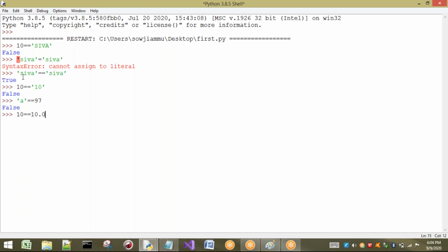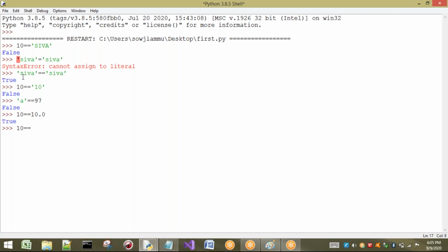Okay. Next I want to show you 10 double equal to 10.0. Here this thing has to be observed by you. Reason is, in this example, one is int type, another one is float type, but both are numerical types. So when you take 10, it is going to be converted into the higher level of the two values. Int is going to be converted into float. So 10 or 10.0, both are the same. Here the smaller type will be converted into the larger type. Int is smaller and float is larger when compared between int and float.